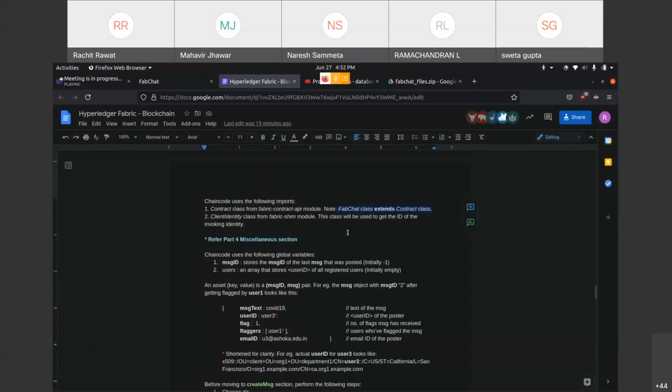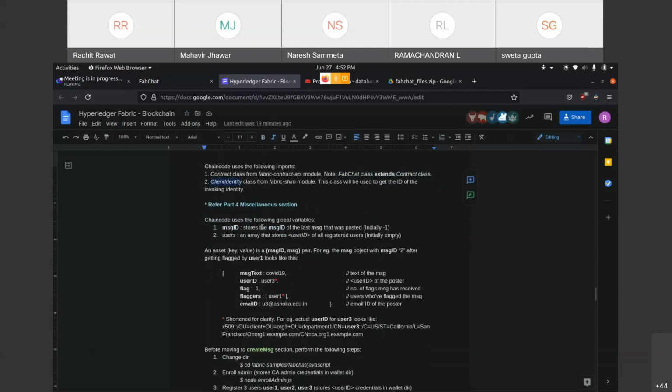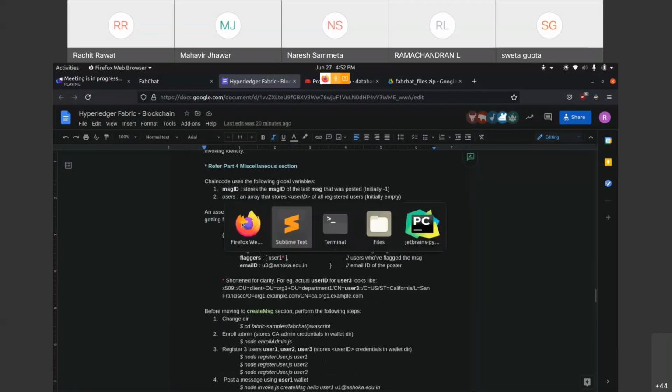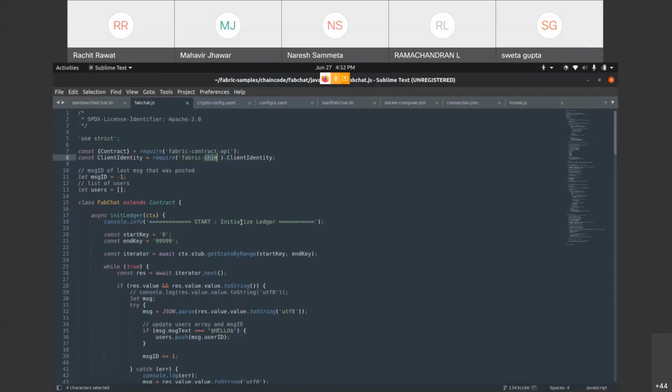In fact, all chain code must extend this Contract class, so make sure your chain code class is extending it. And this ClientIdentity class, we'll use it to get the ID of the invoking identity, the identity who invoked a transaction. So it will help us get that. Okay, so that was the imports. Only 2 imports needed.